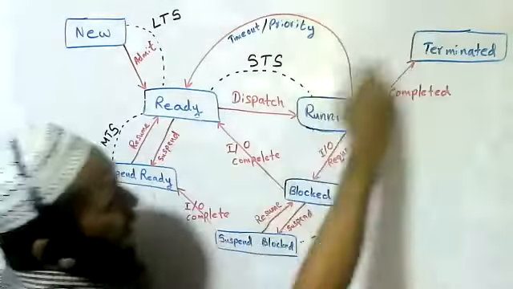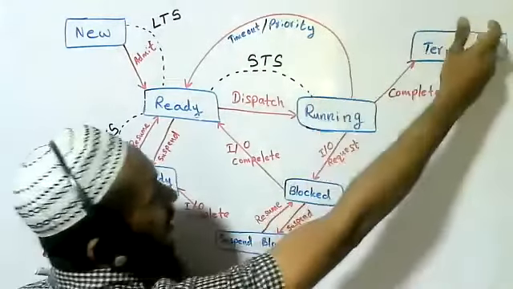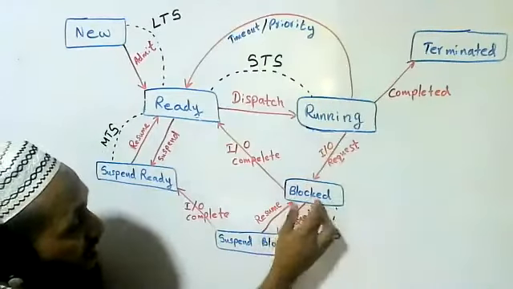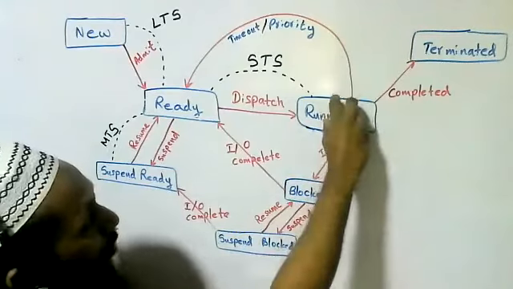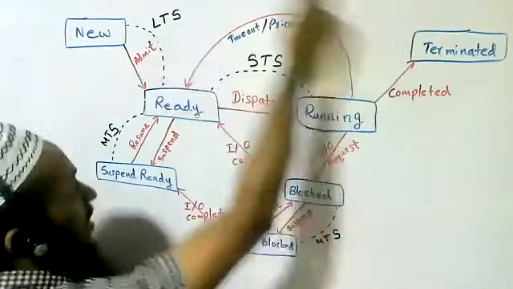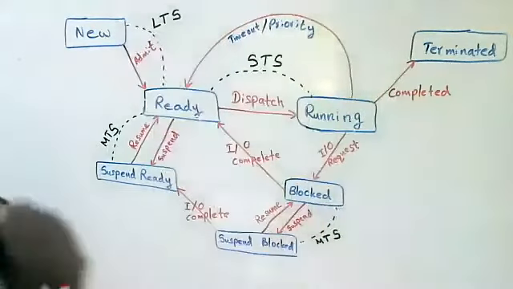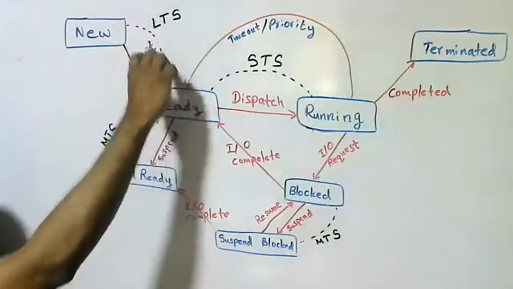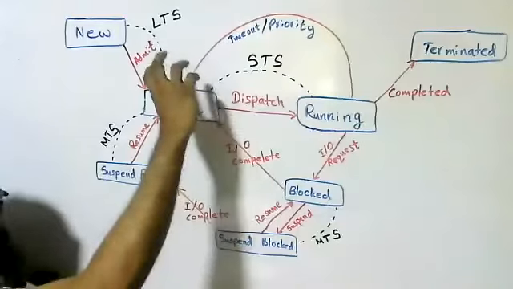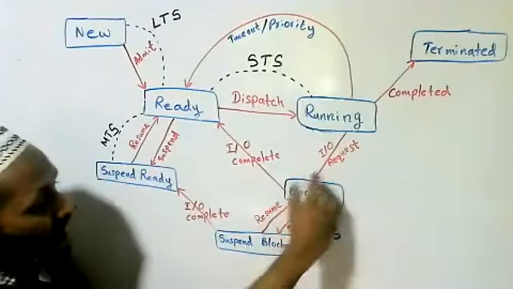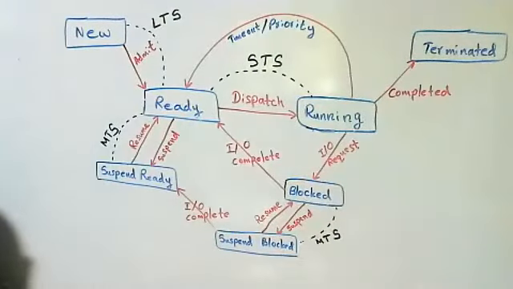So if it completes its execution, send it to terminated. If that particular process needs an IO request, send it to the blocked state. If there is a timeout or priority-based switch, that process is sent to the ready state. But here we can't do like that. Here many processes may be there, so from those processes, which process should be selected to move to the next state? Likewise, we have to schedule. That's why 3 schedulers are there.